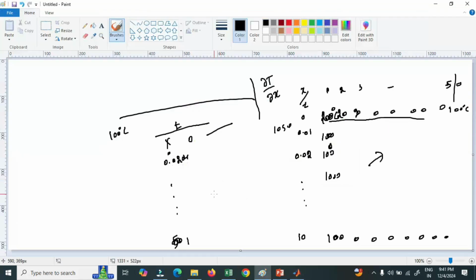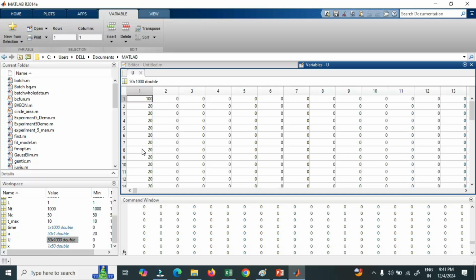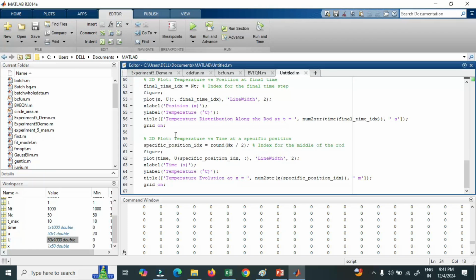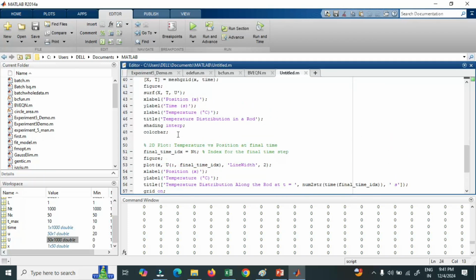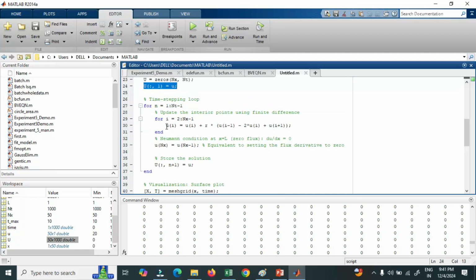You can check one by one. You can understand clearly behind each and everything. Okay, the 50 space in all the columns. Okay, 50 rows and 1,000 columns. So first things are filled here. Next, what I'm going to do is, next I'm going to execute here. Let me go to here. And if I'm going to execute this code, first I'll be